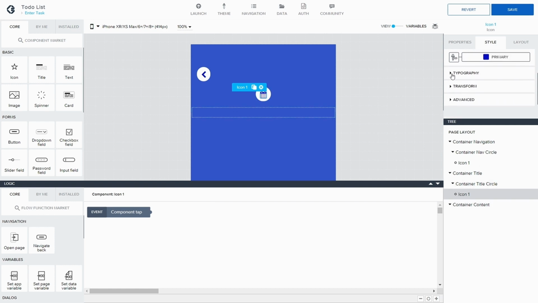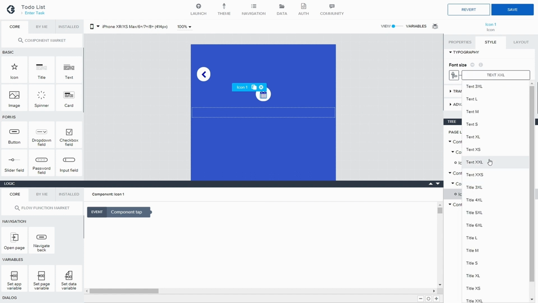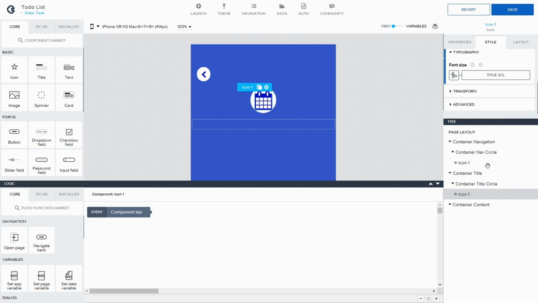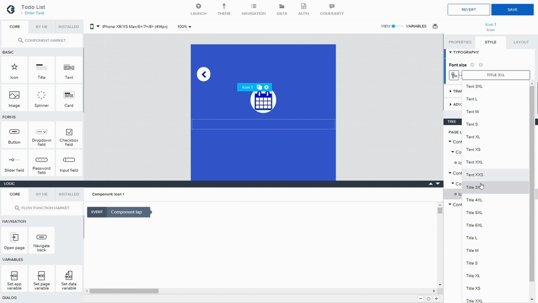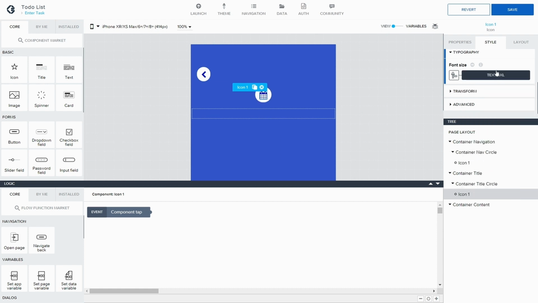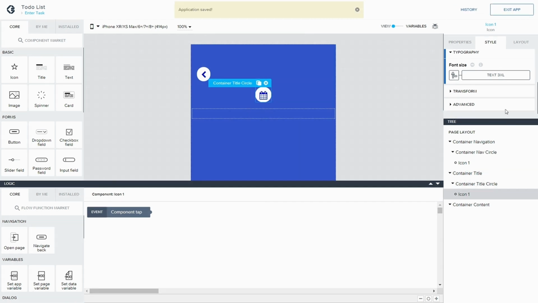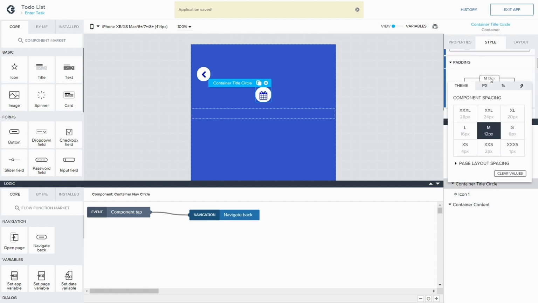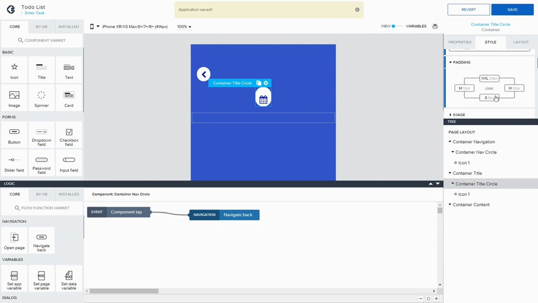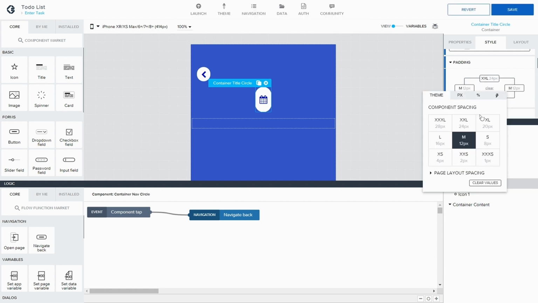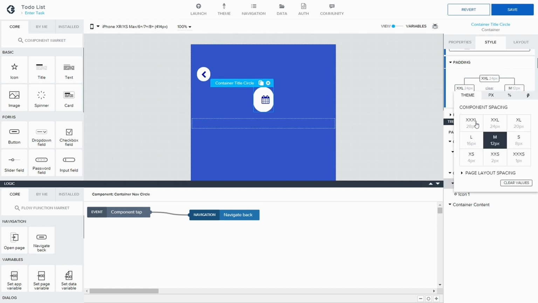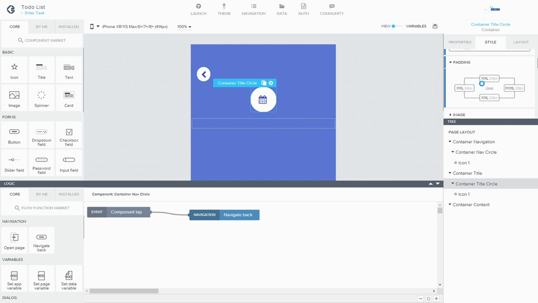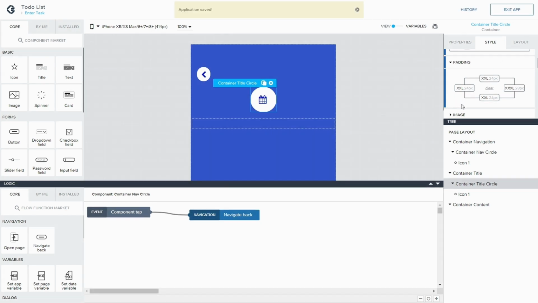And we would like to make it a bit bigger. So that is not title, that one we want. Only then we need to make this one a little bit bigger. So let's do 24, 24, 24, and the last one is also 24. Okay, so,